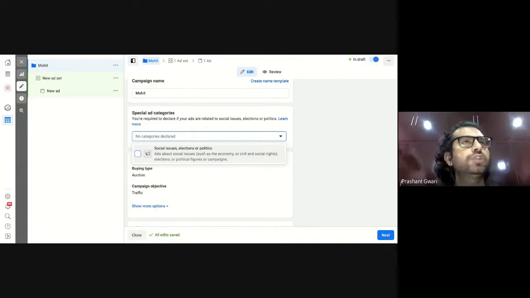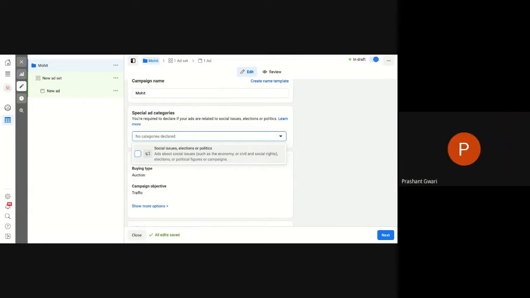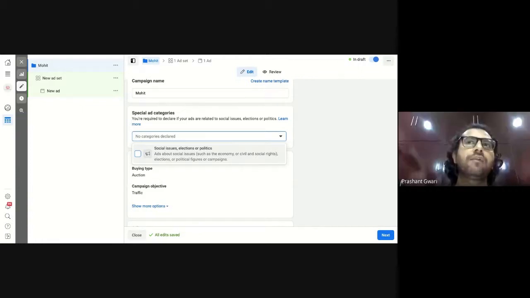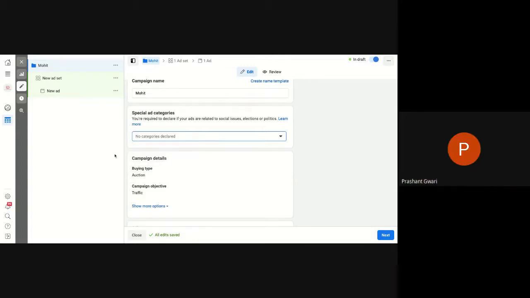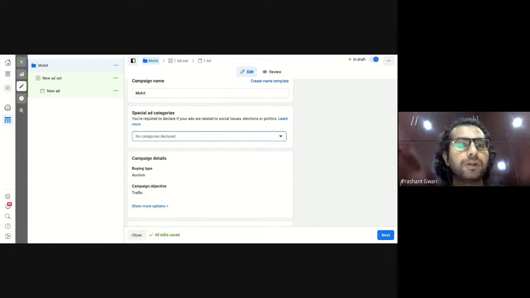And once you choose this option, the targeting of age and gender will not be available in the Facebook advertisement. You can't change the gender. You can't say I only want to target women, or only men, or I want to target youth or adults. You can't do that if you tick this box. So obviously, because it's a stock market channel, I don't need to put it into a special ad category.